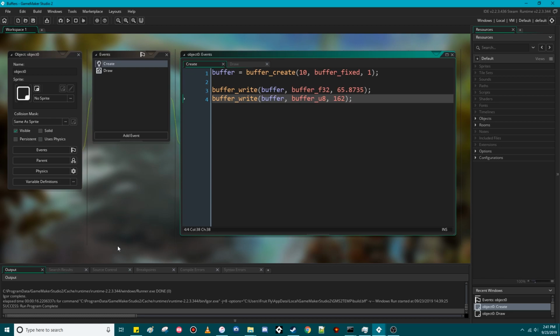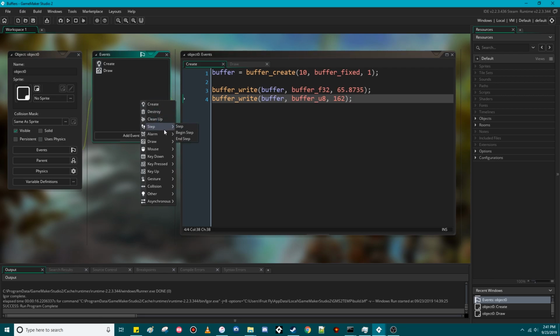Other things: DLLs, networking, vertex buffers if you like 3D graphics or other complicated drawing shader stuff. Vertex buffers, as the name implies, are indeed types of buffers. And then my personal favorite, I mentioned this earlier, is that when you write to files, it tends to be slow. I don't like the key pressed events, but I'll use it anyway for the sake of the demo. Let's say when I hit space,